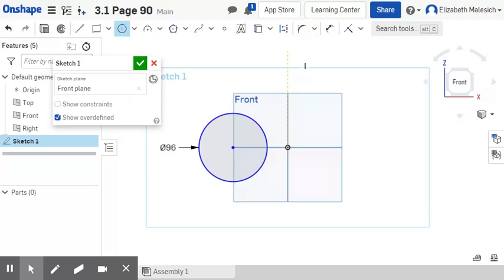So what I know as I'm looking around here is that this is a radius of 12. So the center point is 12 from here. So I'm going to do that one next. I'm going to create this little arc right here with its radius of 12, which is a diameter of